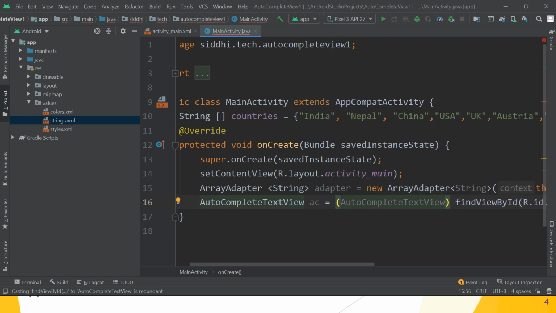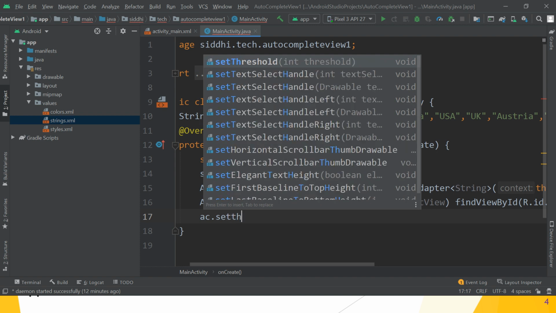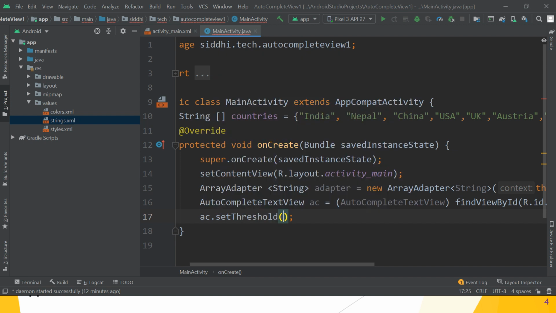Hope you understand. So we take the reference AC of the autocomplete text view. Then AC.setThreshold method. By default the threshold is 2. You can change it with the setThreshold method. Suppose you want it for 1 only, you can give 1, meaning after typing one character, this drop down list automatically gives suggestions to you.